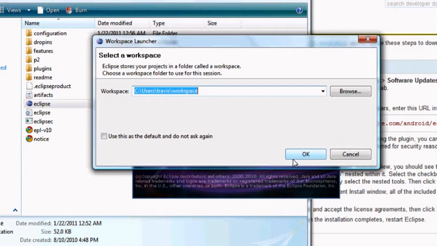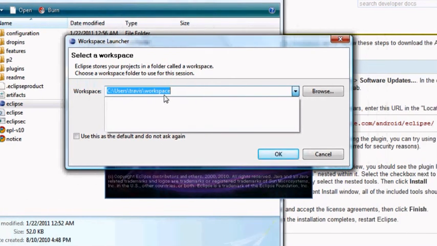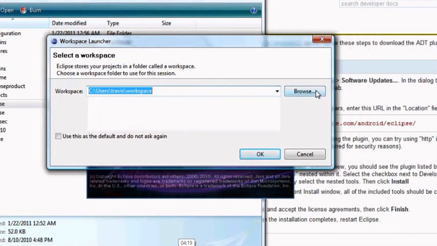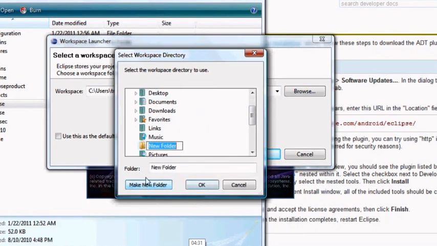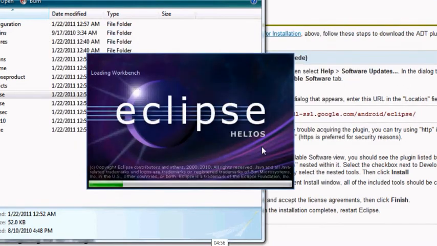Workspace means the project drive or the directory where you have saved your program or your script. Right, save them in your workspace directory.